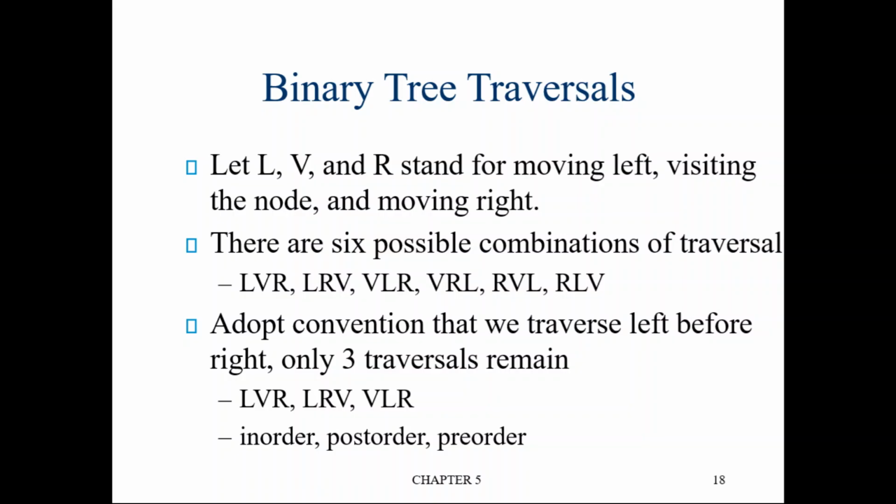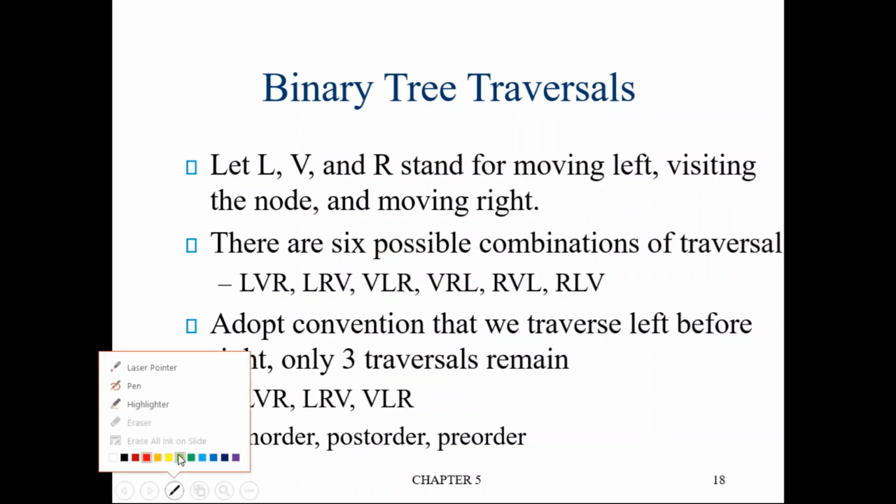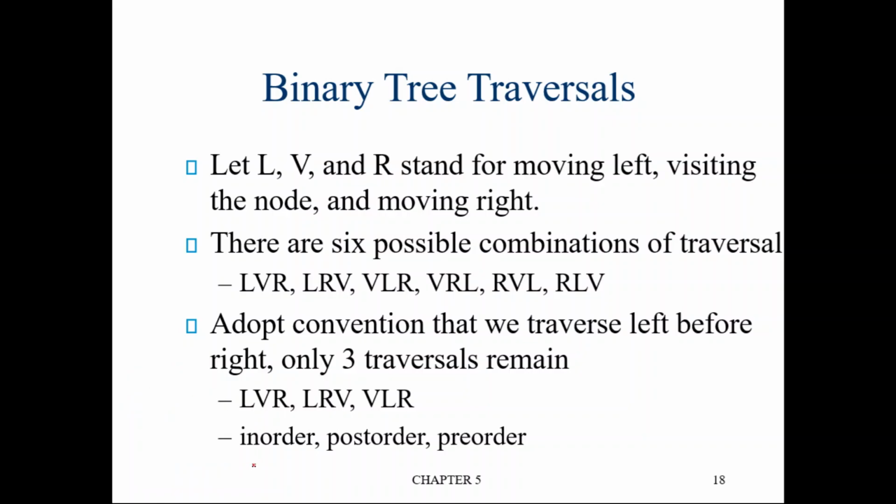So basically there are 6 ways of traversing through a binary tree, but in general we use only 3 ways of traversing. These 3 ways are commonly referred to as in-order traversal, post-order traversal, and pre-order traversal. What is in-order traversal, what is post-order traversal, what is pre-order traversal? Before getting into that detail, we will first try